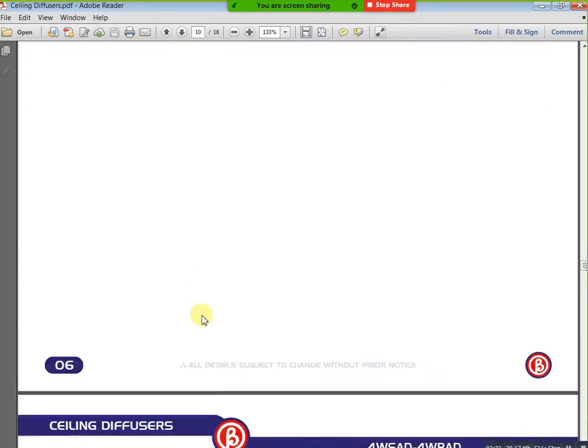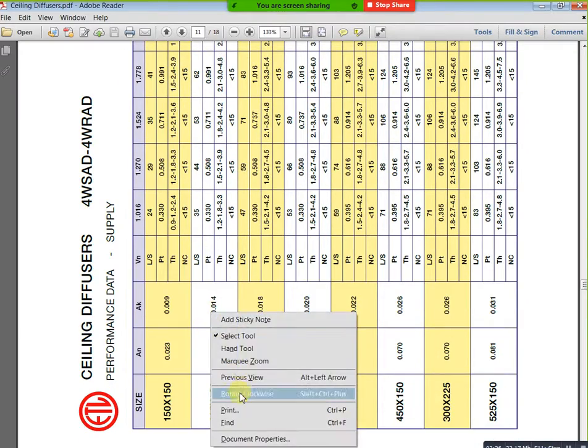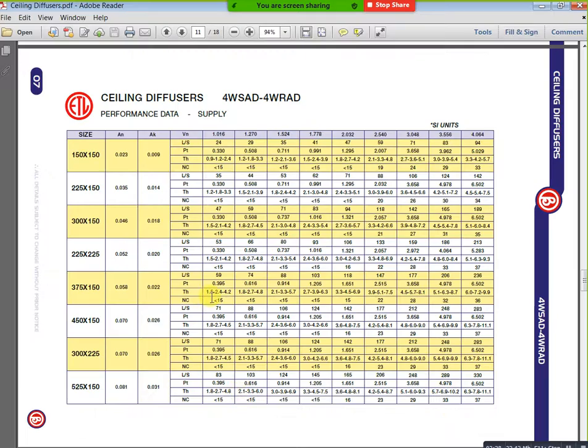Just you can see in the sheet, just rotate it clockwise. In that condition we know liter per second means flow rate value, at the same time CFM value, right? Based on our liter per second you will get your value. Here this is the noise level, less than 15 decibels.